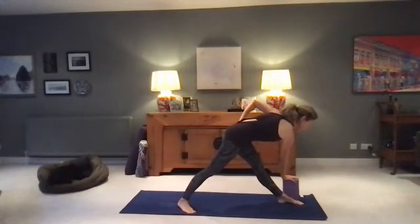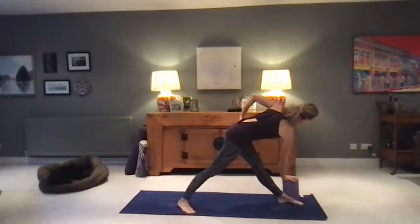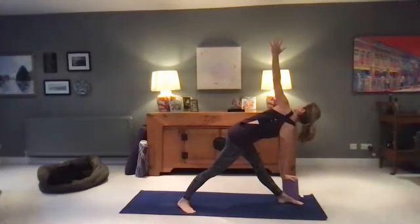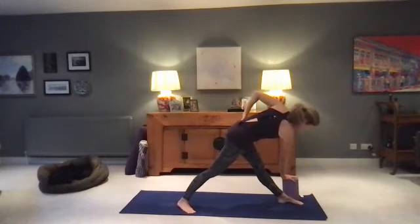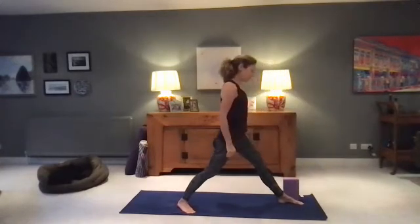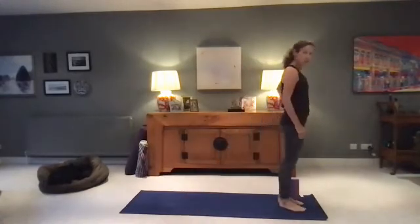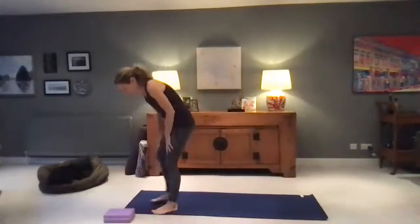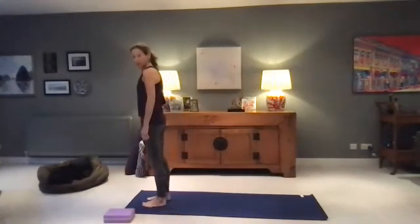Reach the chest forward, squeeze the thighs towards each other, start to stack the shoulders, keep length in the spine. Release the left hand. And squeeze the thighs towards each other. Exhale, look down, left hand to hip. Coming up, bend the front knee, step forward. In the front of the mat,